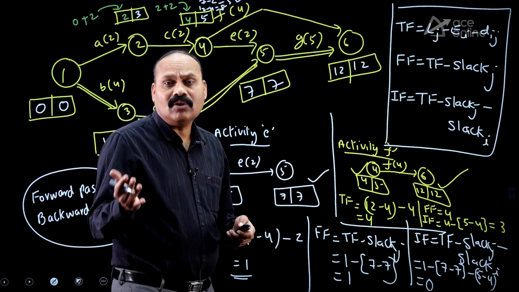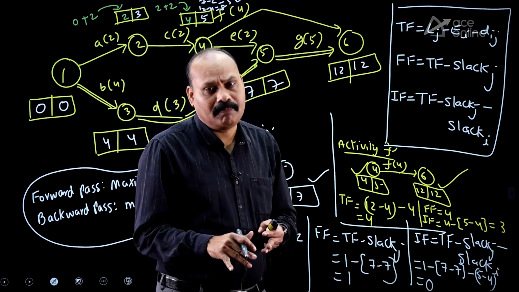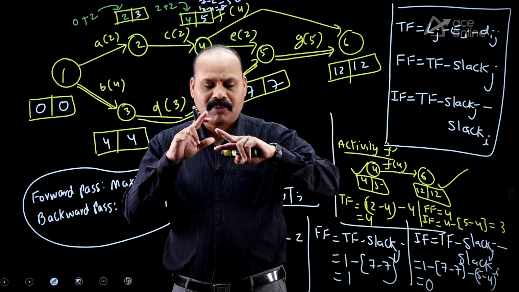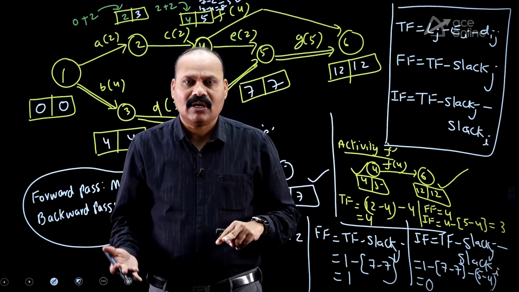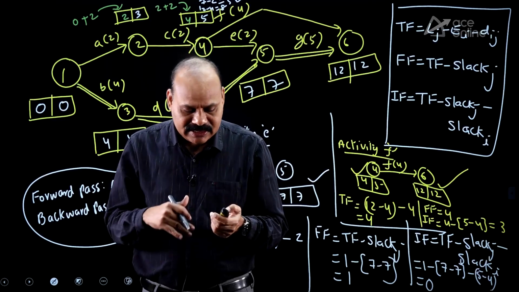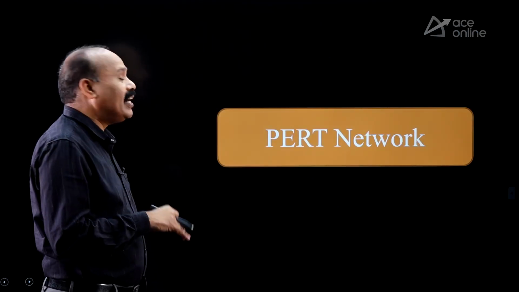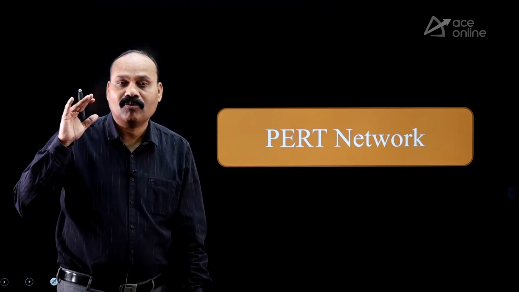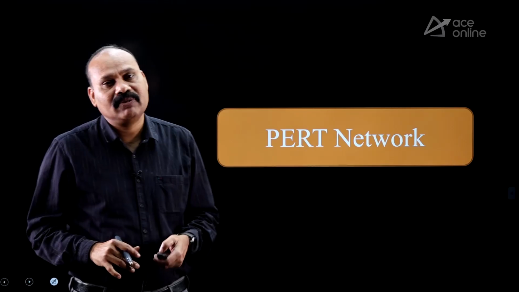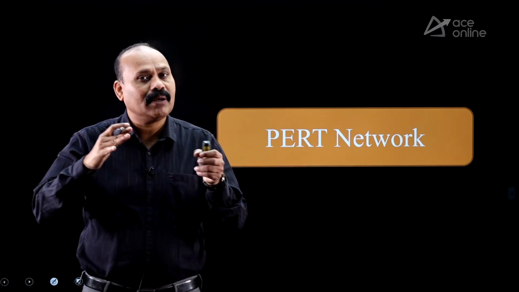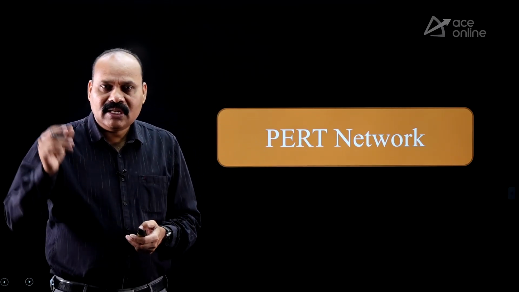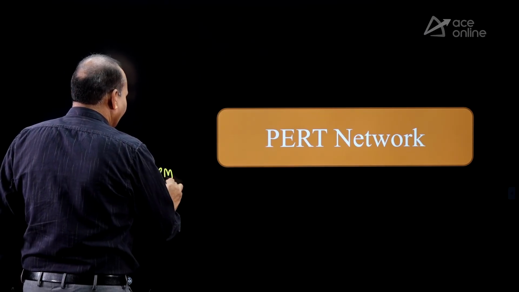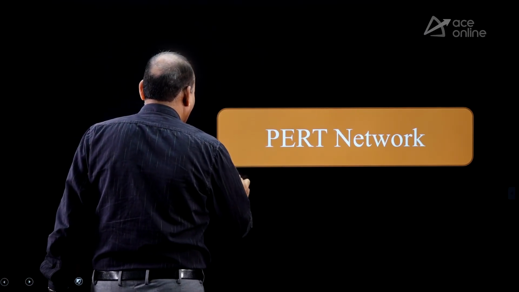Okay. So, I think now you understand. In CPM network, particularly CPM network, two possible questions: project completion time and float or slack calculations. Next, we will move to the PERT network. In the PERT network, what is the difference between CPM and PERT? I am only talking about numericals. In case of CPM, activity duration.